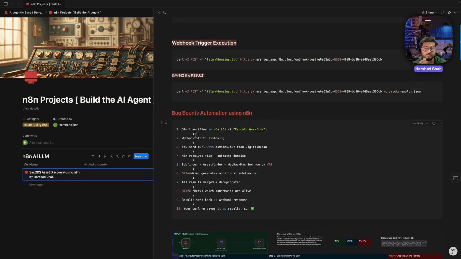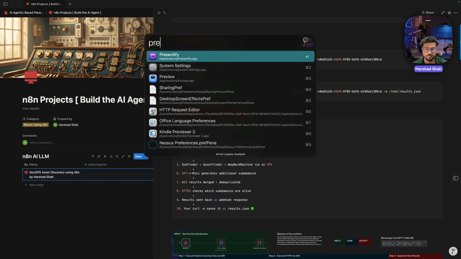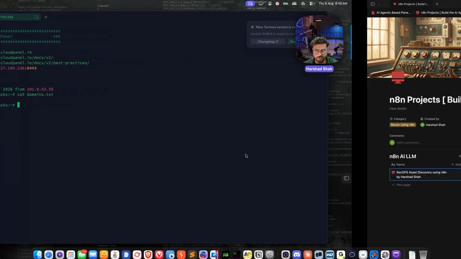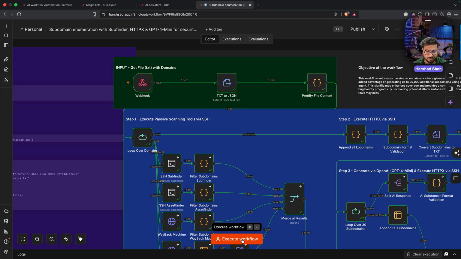First you can see we will start the workflow in N8n. With a single click we are able to execute the entire workflow. There is no requirement to run any particular execution in parallel. I'm just talking about the entire flow. We can just click under this particular section, and you can see there's an option called execute workflow. You click on this button and the entire workflow is going to execute, and you have the output